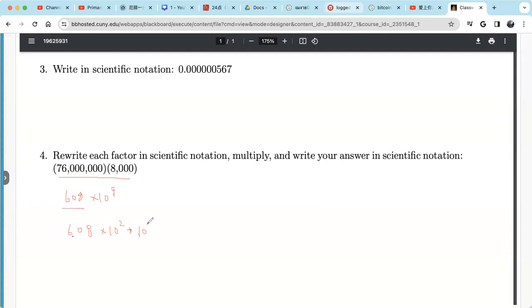This is multiplication sign. 10 raised by 2, 10 raised by 9. So that's 10 raised by 2 plus 9, which is 10 raised by 11. So we get 6.08 times 10 raised by 11. Okay,